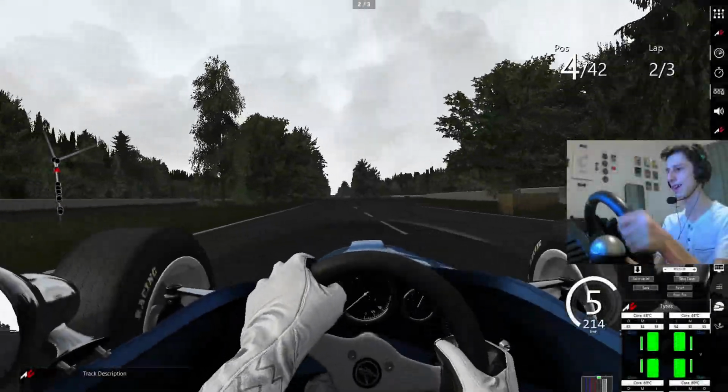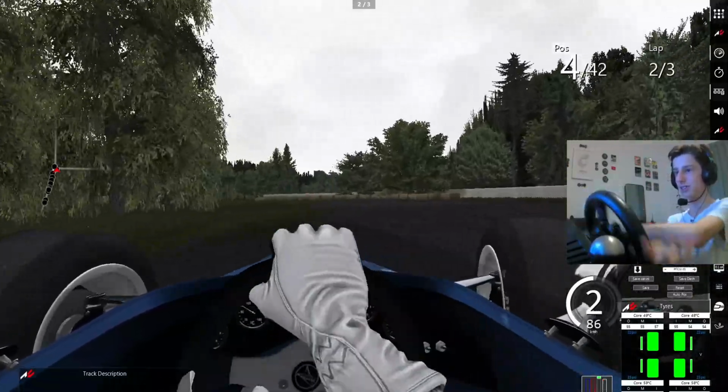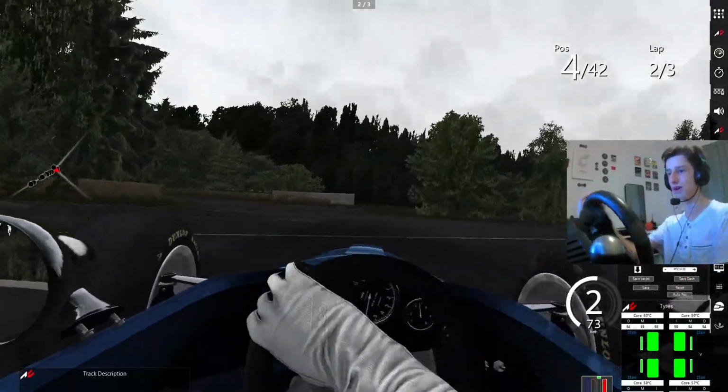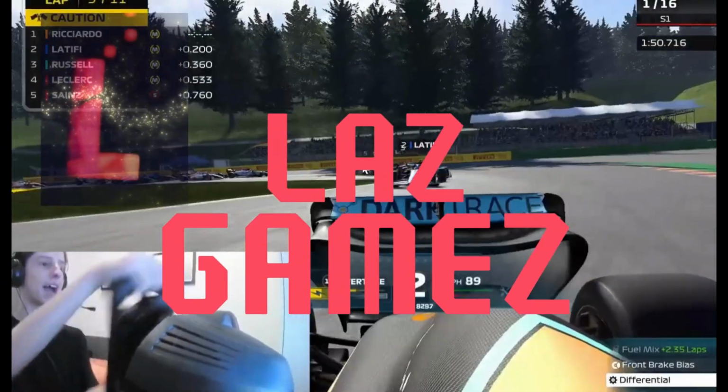I'm going to get on the brakes. A little bit braver this time. And down to gear 2 is a little bit of a swapper. Crash in the back. That is...